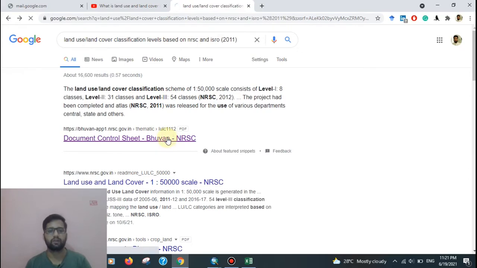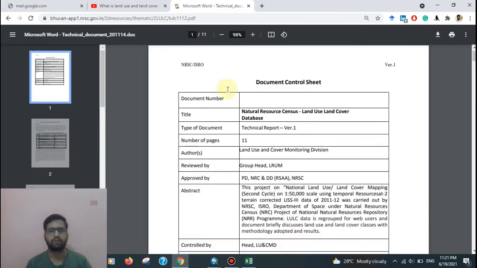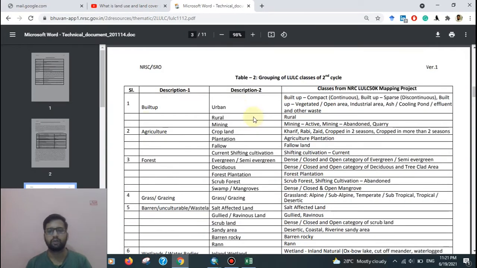Then you can easily get the description and class from LULC 50,000 mapping, that is level 1 built up, level 2 urban, rural, and level 3 built up compact, sparse, etc. In the description box I have put the link also.